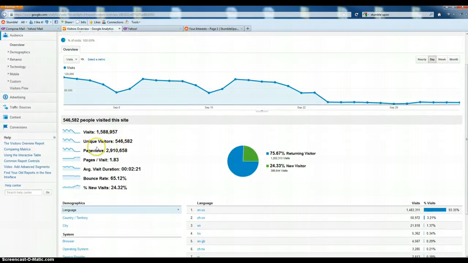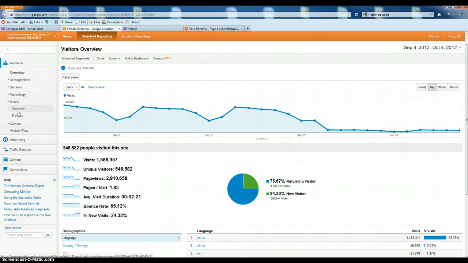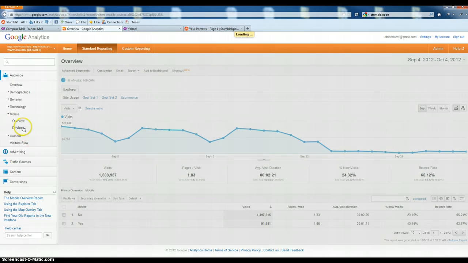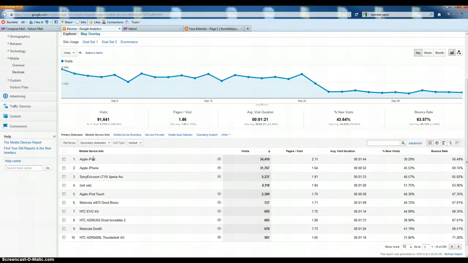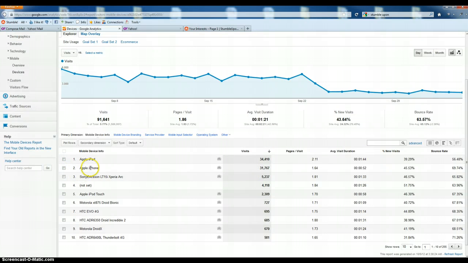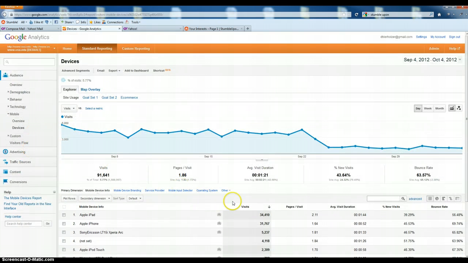But a lot of things I'd always check out is everything from the mobile overview, as far as which mobile devices are checking out the websites the most, so we knew how to customize our websites accordingly. For instance, you see that the Apple iPod is by far the number one mobile device checking the website out, which is pretty common, with the iPod and iPhone being the main devices. I'd also check out what browsers are being used